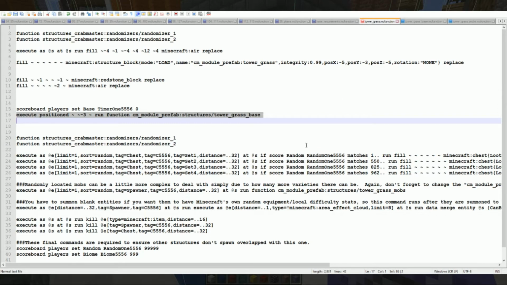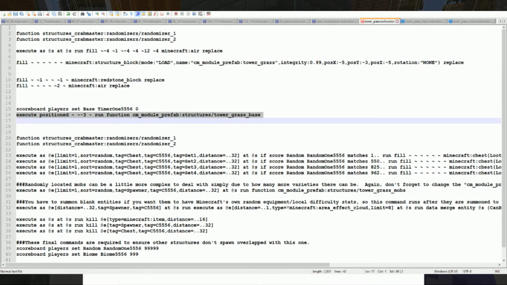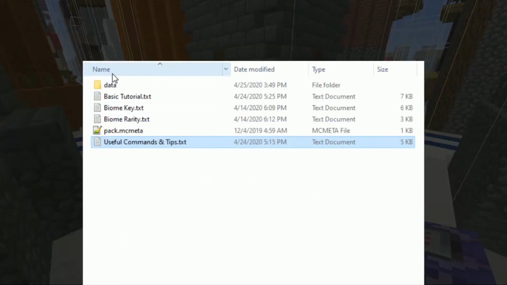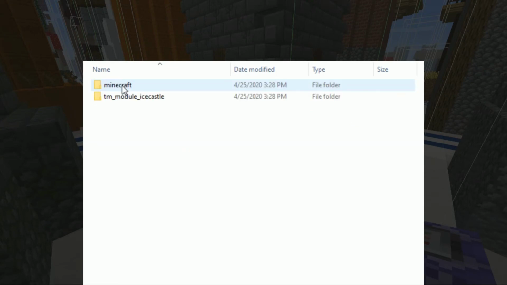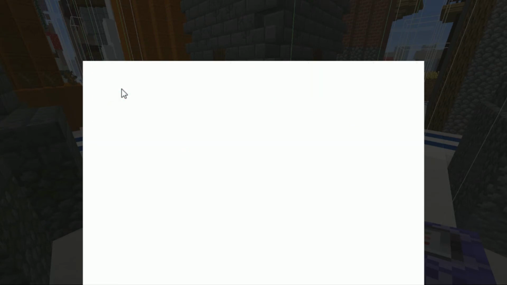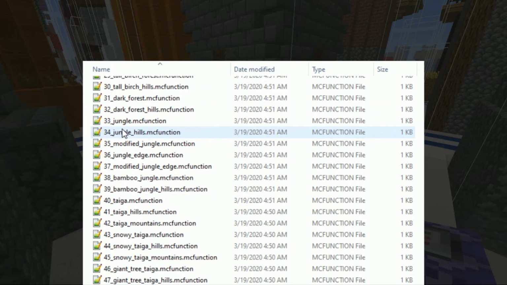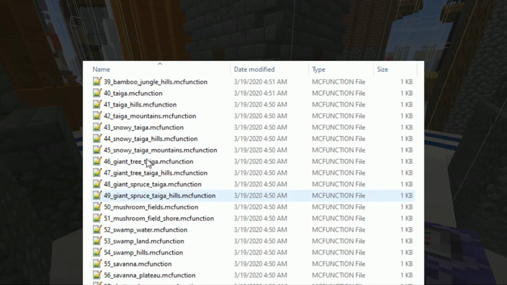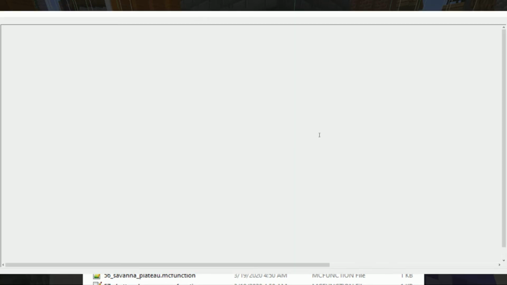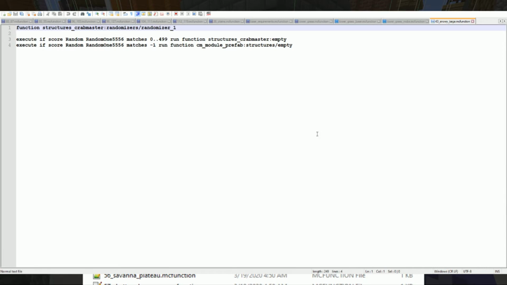I already kind of covered this earlier, but the final part is just to go back over the biomes. So once you have that structure, you go in and decide, okay, I want this structure in this biome, so, I don't know, we keep talking about snow stuff, so let's pick Snowy Taiga. Is that how you pronounce it? I don't know. I kind of showed this earlier, but this is the file where you actually wire it in,